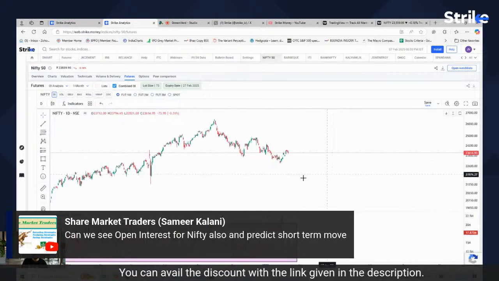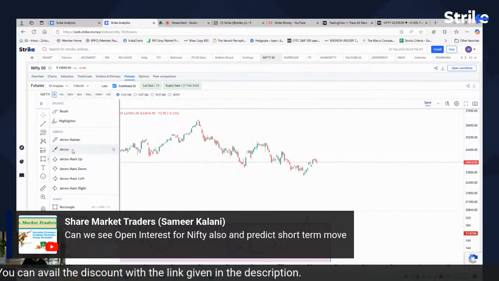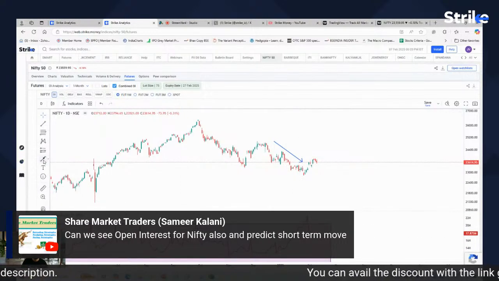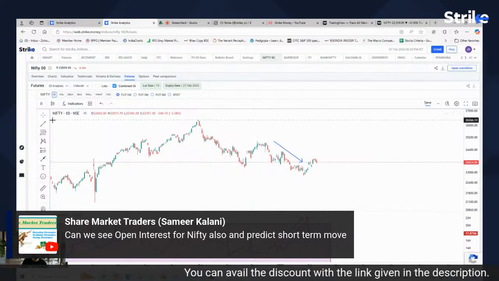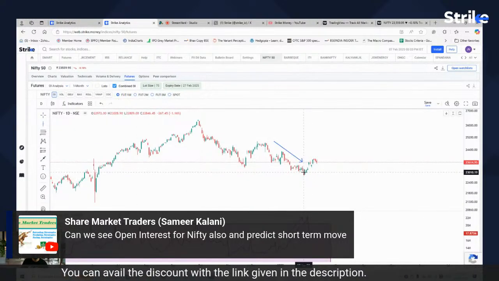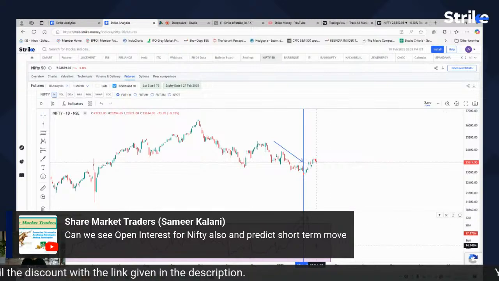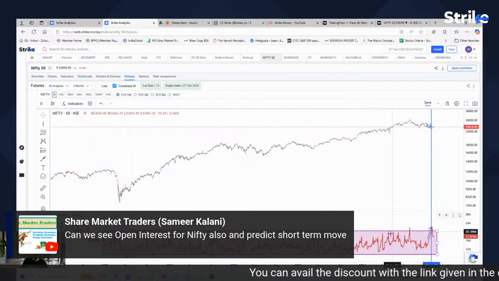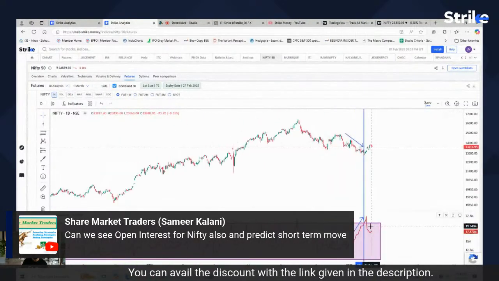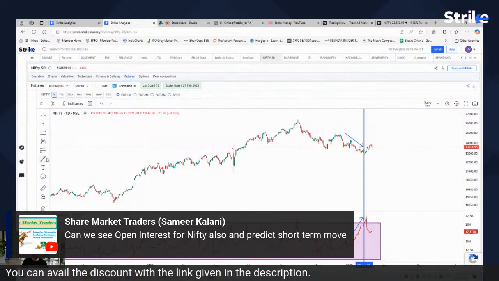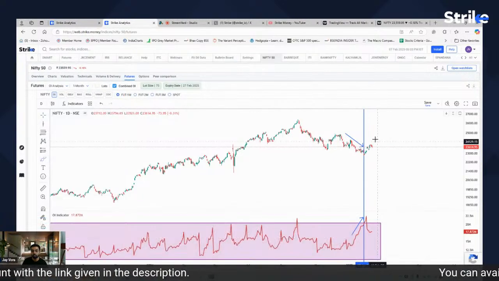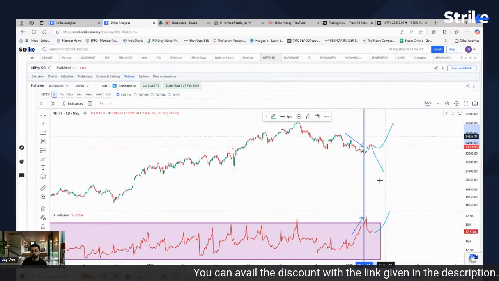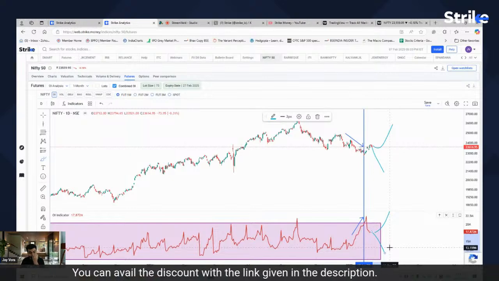So you can see over here that as the prices are going down, the open interest has risen higher. And if the lowest point was this, you can see that open interest has almost come to its highest point in the last 4 or 5 years. Now whether something like that is going to happen, or the rise will happen and this will go down, this is something that we need to see.